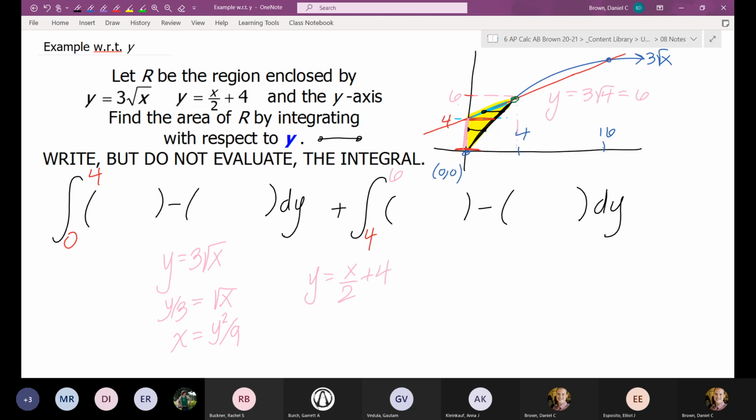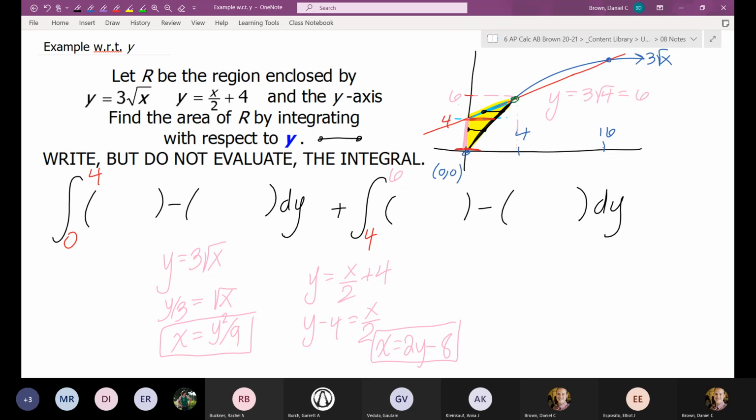Let's give it a new name. Let's put it in terms of y. So I'm going to subtract the 4 and then multiply by 2. So now I have my functions in terms of y. And now I can go ahead and just plug it into the integral, as long as, remember, it's going to be the right function